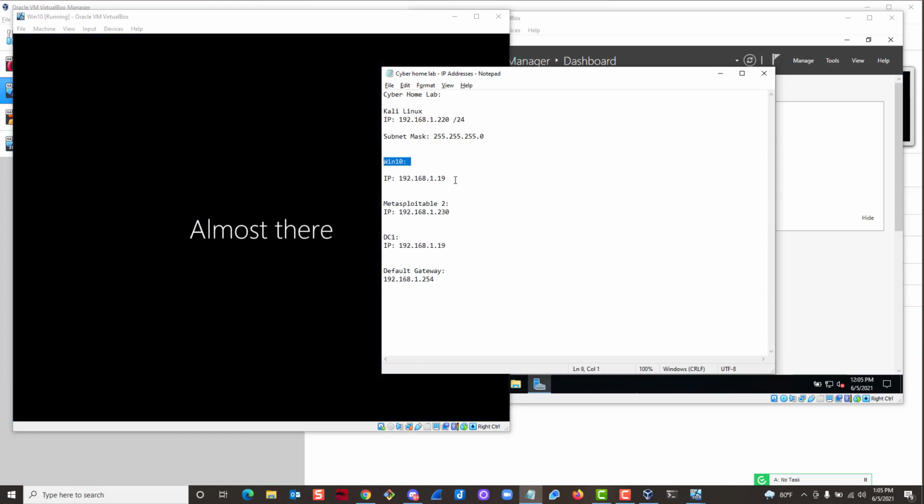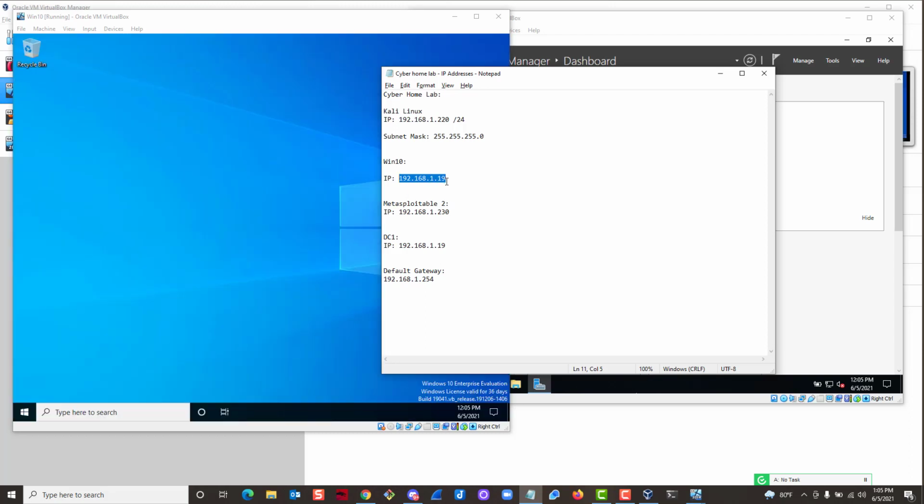So Windows 10, we did change the IP address to 192.168.1.19. That was for, no, this was .10. Look at that, making my own mistake. So Windows 10 was .10 and DC1 was .19. There we go. So Windows 10, that was the IP address. We manually changed to that IP address. Metasploitable was